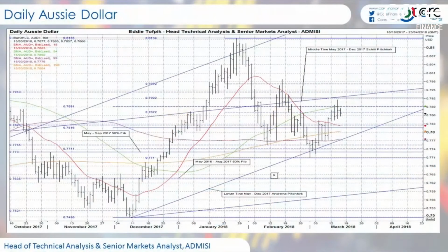Understood. Okay, let's take a look at the Aussie dollar. Again, an interesting chart in its own particular way. We've got lots of support. We've got the long moving average at 78.04, the medium one at 77.76. We've got an uptrend line which has been sort of filled with but not really broken underneath,